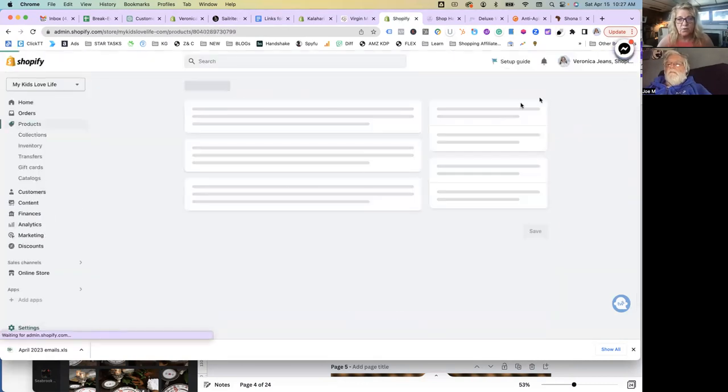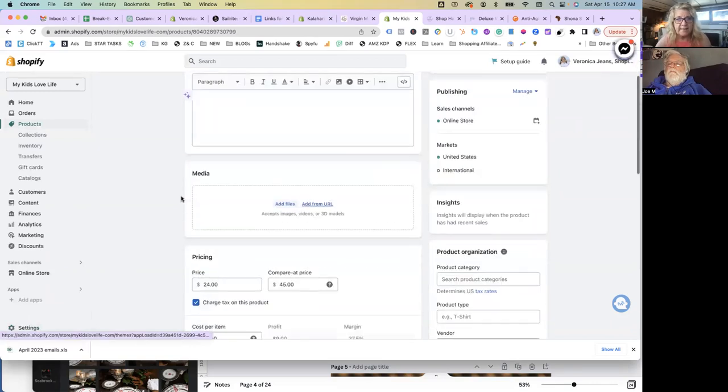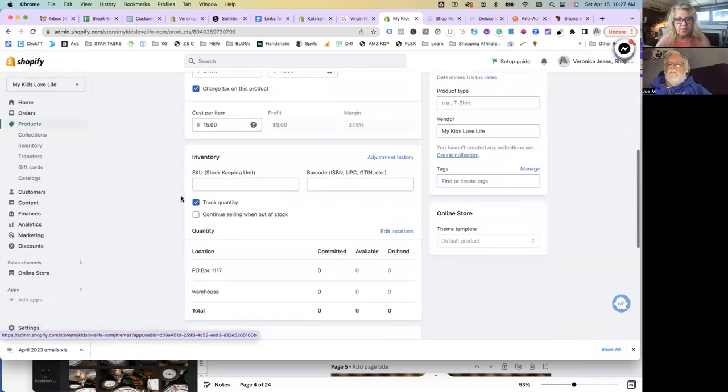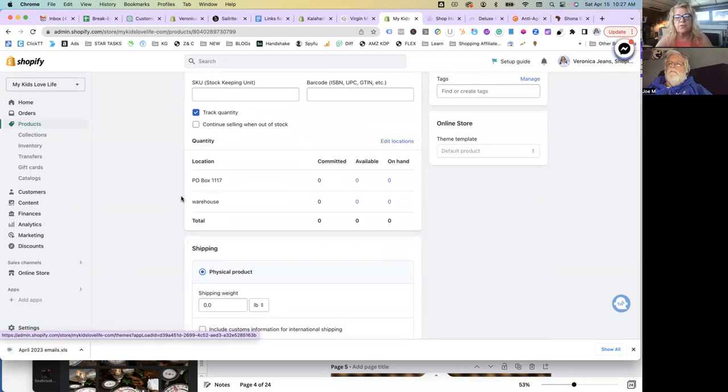Okay, so I just wanted to show you that. Each of these locations will be added into your product, so you need to add your quantities per product. They've just changed a lot of the stuff here, because they've never had on hand, which is seriously confusing. So committed is inventory that's part of the